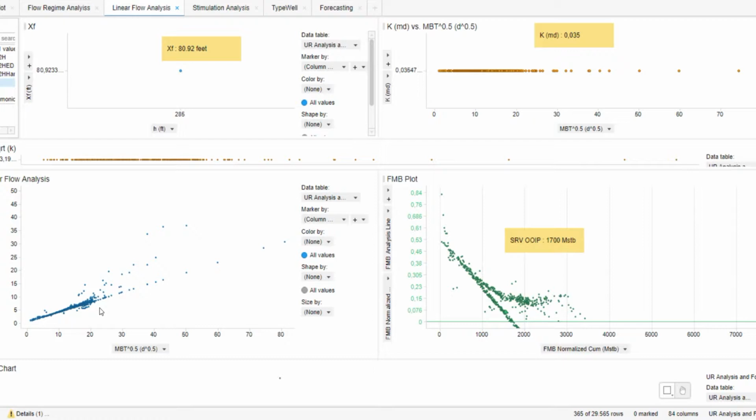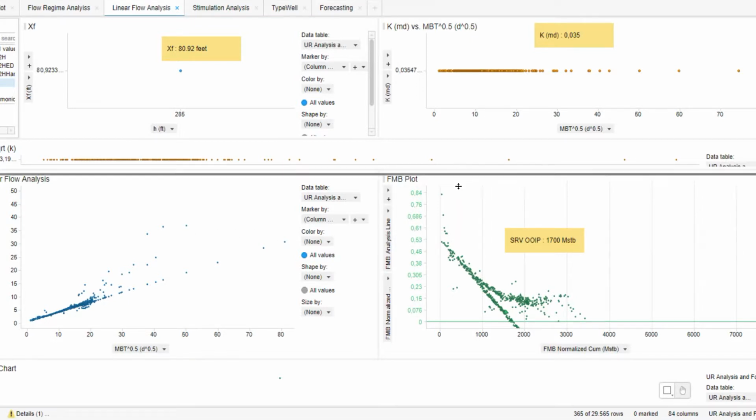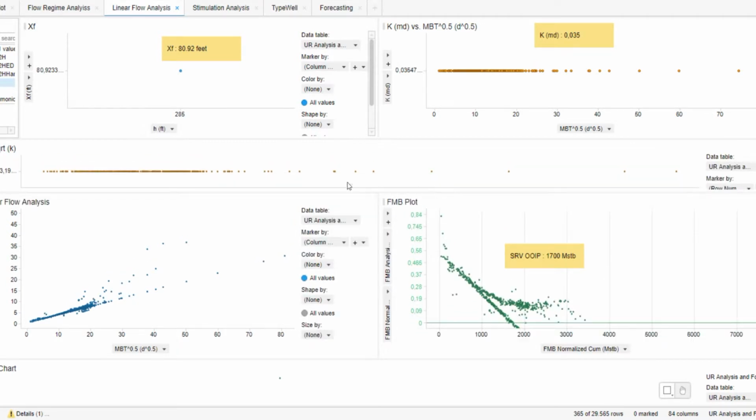On the right plot at the bottom, we have the flowing material balance. It is the same plot as the one in the previous sheet. We get the estimate of the SRV original oil in place. Combining these two results, the xf square root k, together with the oil in place for the stimulated reservoir volume, we can get an estimate. If you look at the top,